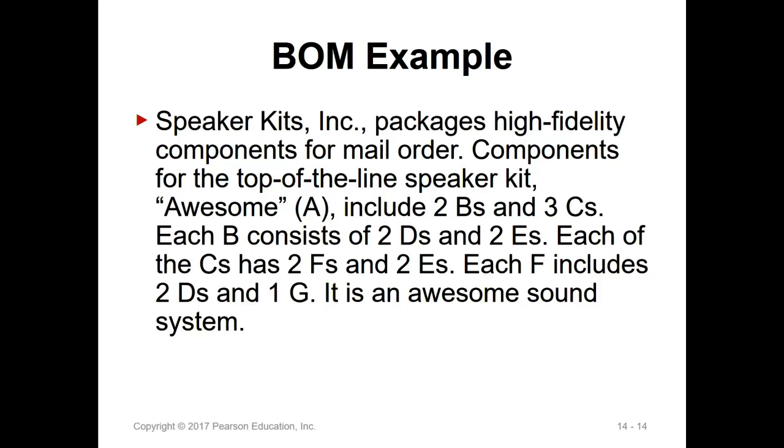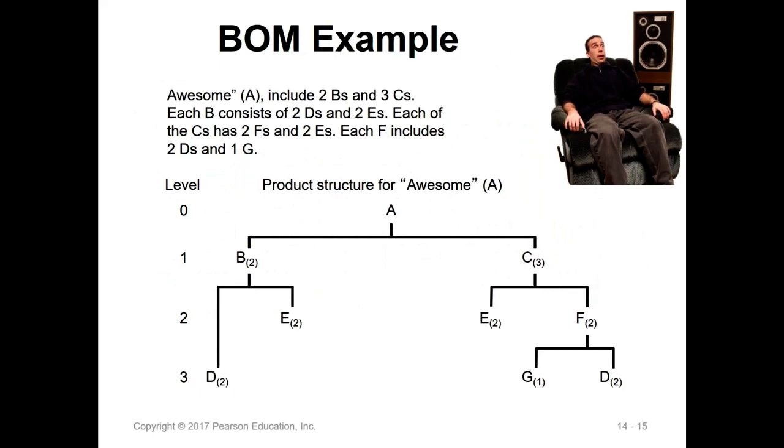To make 1 A, the one speaker, you need to include 2 Bs and 3 Cs. Then 2 Bs consist of 2 Ds and 2 Es. Each of the Cs has 2 Fs and 2 Es. Each F includes 2 Ds and 1 G. So this is the system, the product structure, and here it is